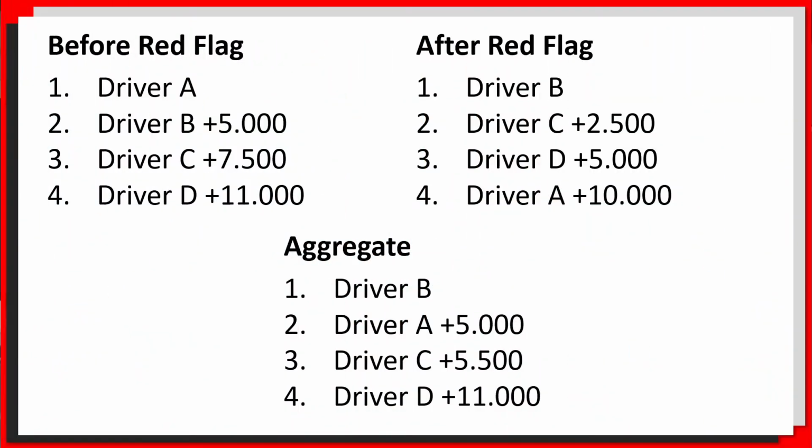I'll take those gaps as race number 1 before the safety car happened, and then the gaps at the very end of the Grand Prix, or if there are 2 safety cars in the race, the gaps before the second safety car, and then the gaps at the end of the Grand Prix, and do an aggregate of those different sections. And so heading back to the data, and at the end of our little example,